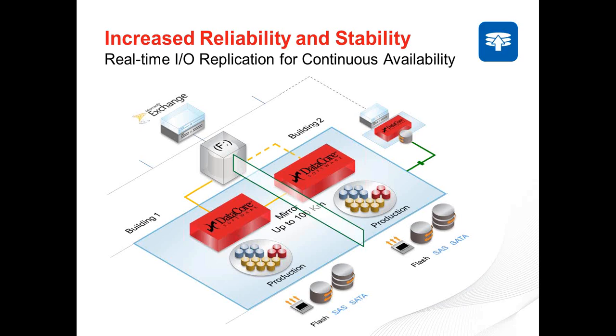So the HA technology built into the DataCore software works the way you actually want high availability to work. There's no single point of failure, no manual intervention, no performance impact, and it can even be used for planned downtime. For example, if the system goes down, the other system is already online and serving up the data, and as soon as the system comes back online, the changed data is automatically replicated back to the other system to get it up to speed.